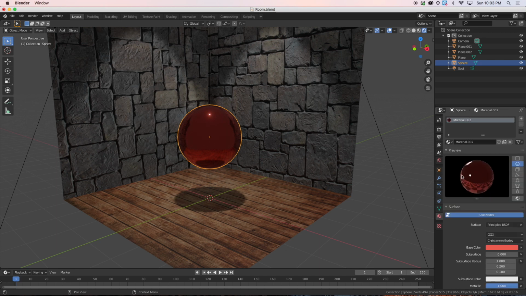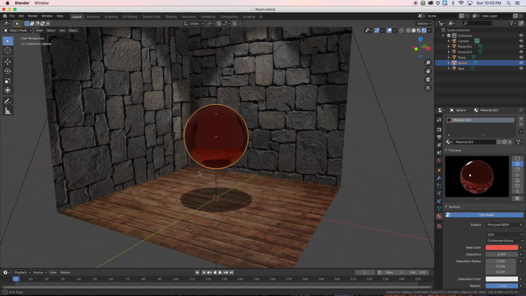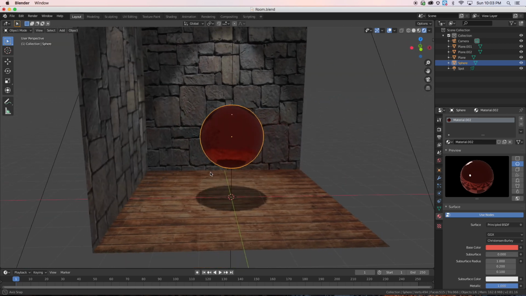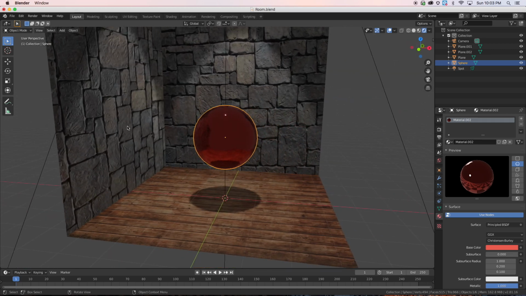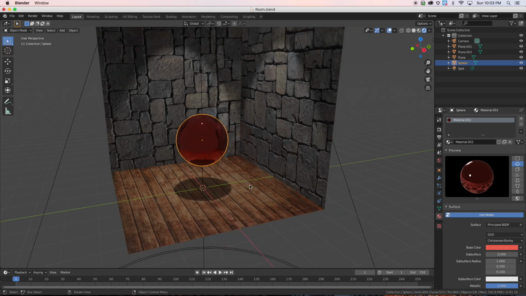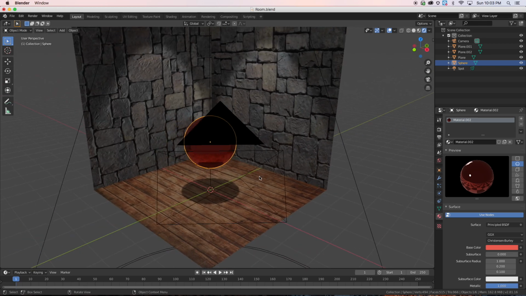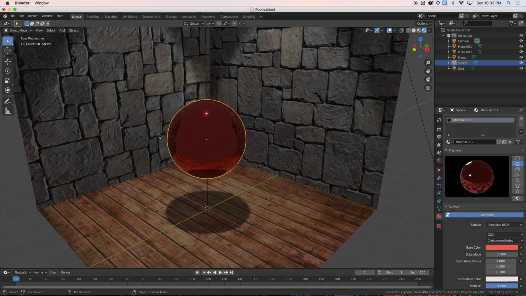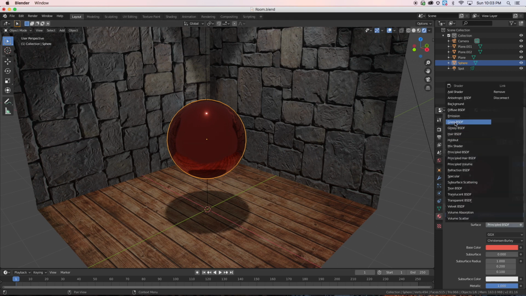Alright, and we can see in the preview, that's how that object would look, and you can see the floor, you can see the walls reflecting, and based on how we turn the camera, we've got pretty accurate reflections here for this particular environment. And the same would be true if we turn this into a water object. So if I click this, or a glass sphere, if I click this and I change the surface to glass like we did with the skull,